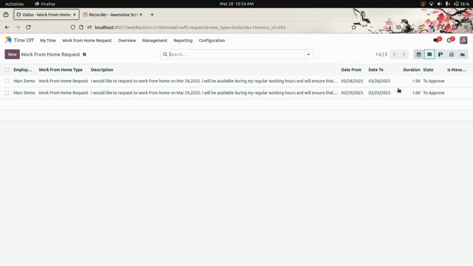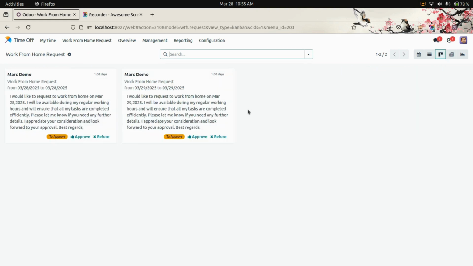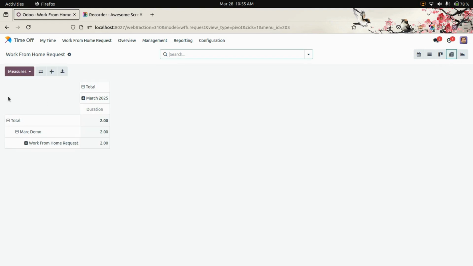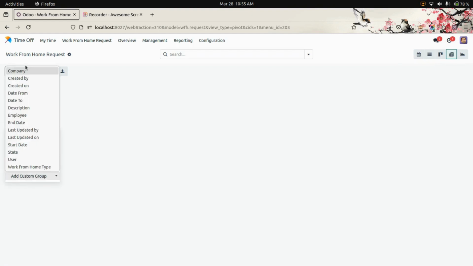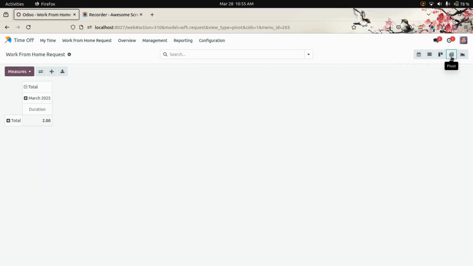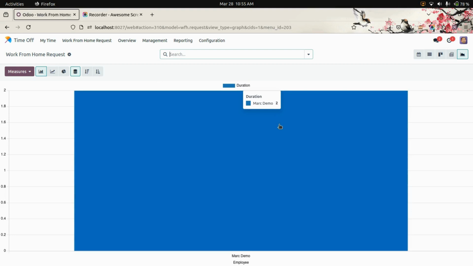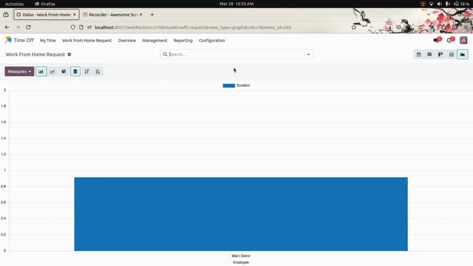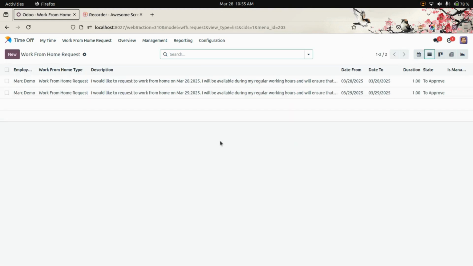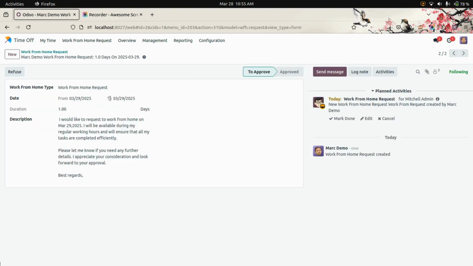This is our calendar view, and we have the list view, and also a Kanban view here, and in this we can see a pivot view, so we can filter based on employee-wise work from home and also the status of that. Additionally, some more fields can also be used in the pivot view. Now there's a graph view, so you can make use of this graph view, and there are more types of views over here we can make use of too. Now let's get into the list view. Here there are two records which we have created, which are in the approved state. If needed, this person can refuse it from here.